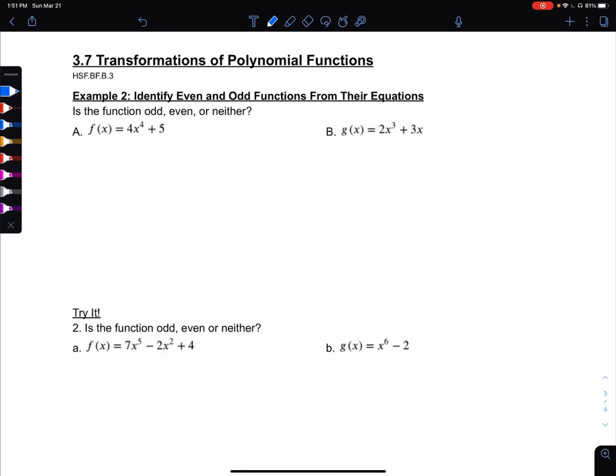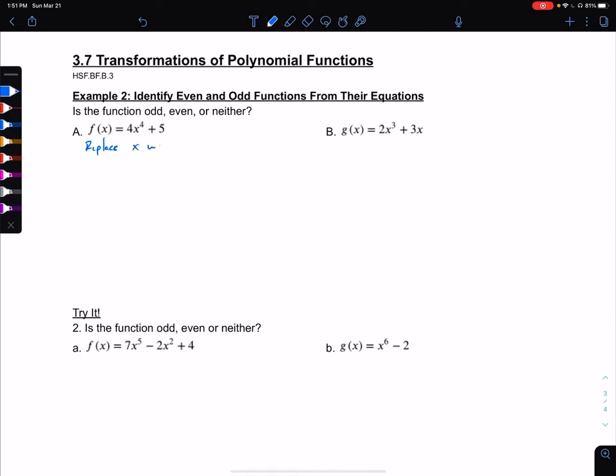Here we're going to look at example 2, where we identify even and odd functions from their equations. The question is: is the function odd, even, or neither? So we're going to look at part A, and we have f of x is equal to 4x to the fourth plus 5. The first thing we want to do with these is